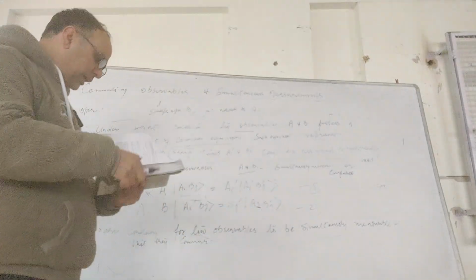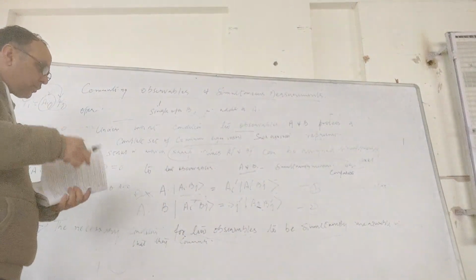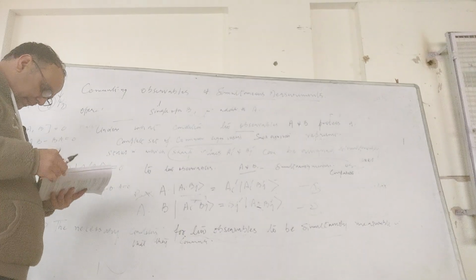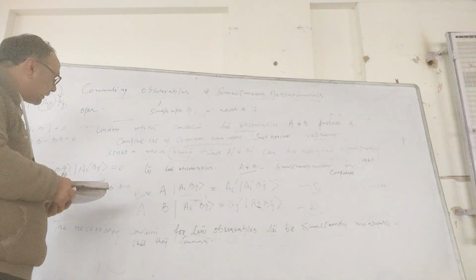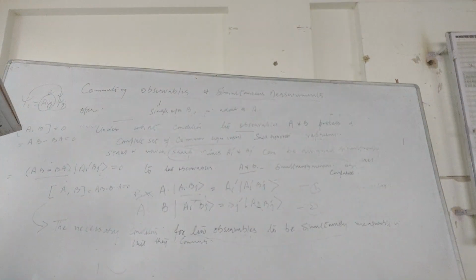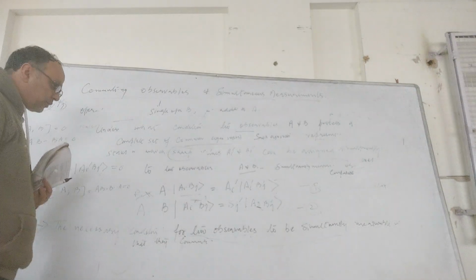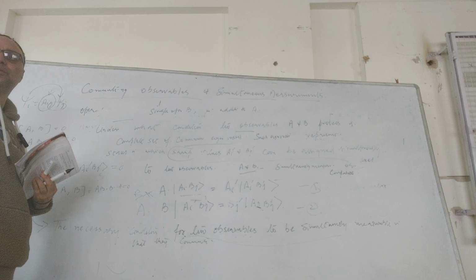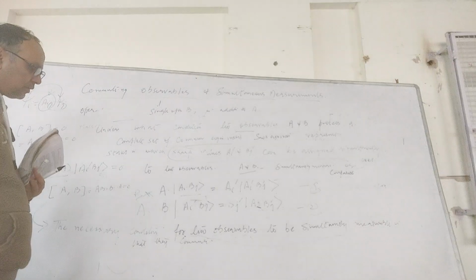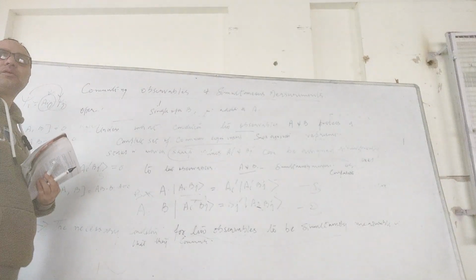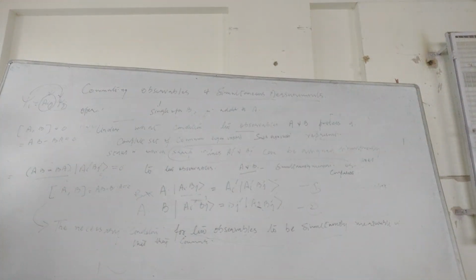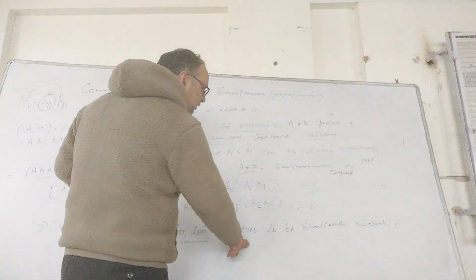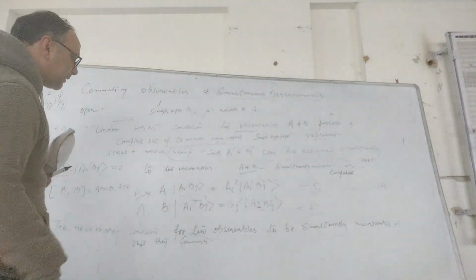So again, the next exercise in the book is this one. Was the statement an if and only if statement or an implication statement? When is the necessary condition sufficient to prove that the observables are simultaneously measurable? So measurements are simultaneous in principle. हम कहते हैं कि अगर the necessary condition for two observables to be simultaneously measurable means